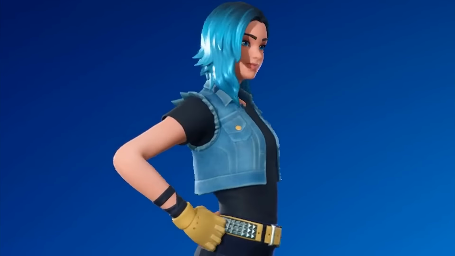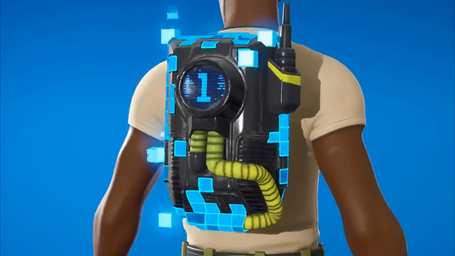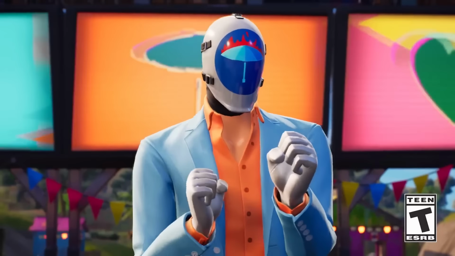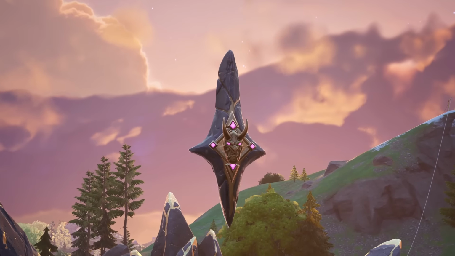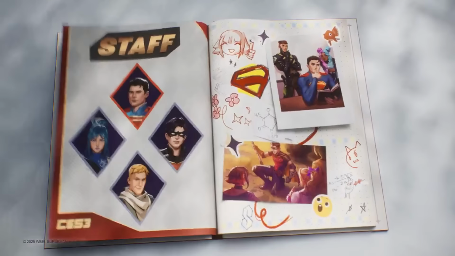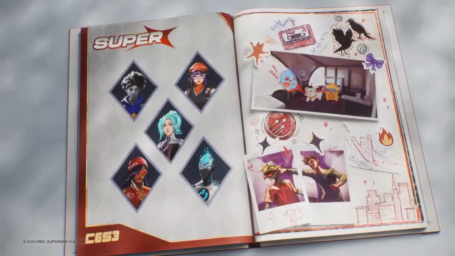So you definitely can expect the likes of these to make their way into the game in the form of brand new free rewards for us to unlock, such as brand new harvesting tools, back blings, and also keep in mind we do also have another brand new free skin that looks like you guys are also going to be able to get as well, which was actually revealed by Fortnite already thanks to the yearbook trailer that they did show us for the Academy skins, obviously being Supernova, where we could actually see a brand new skin on this actual trailer here, which is actually a brand new reboot hero,